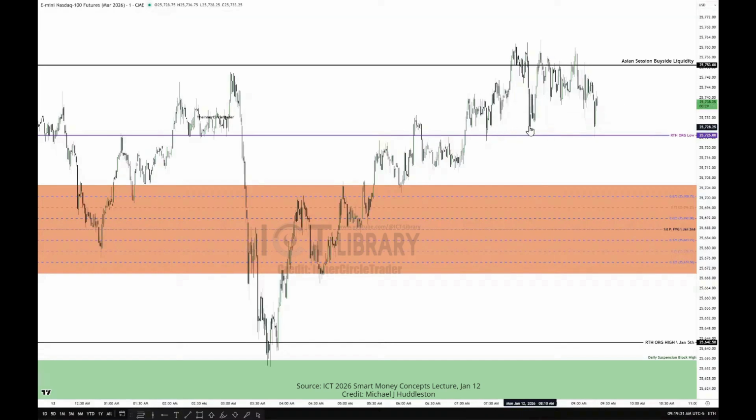It matters not the volume. I don't care how many people bought. I've never considered how many people traded at a particular price level. I don't care how many orders were filled above the Asian session buy side liquidity level that I've highlighted here. I don't care. And just because you have a volume shelf high and low and a point of control, my first presented fair value gap is the real control.